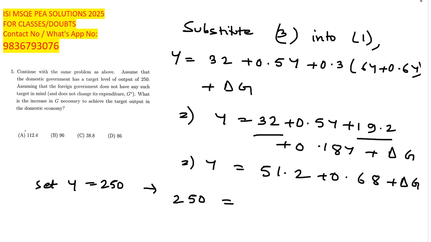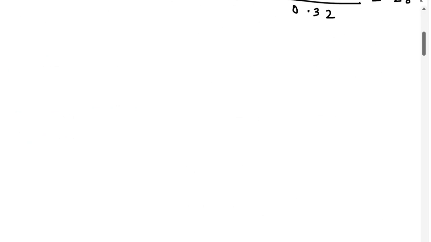So 250 equals 51.2 plus delta G divided by 0.32, and after calculating it will come to